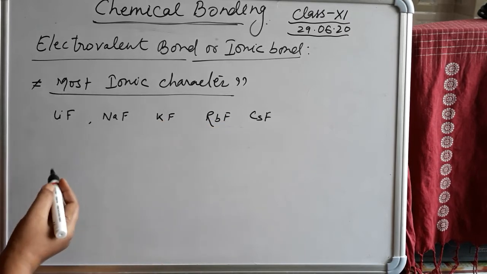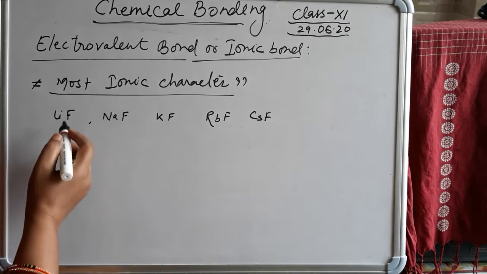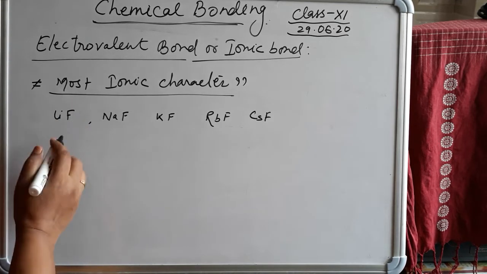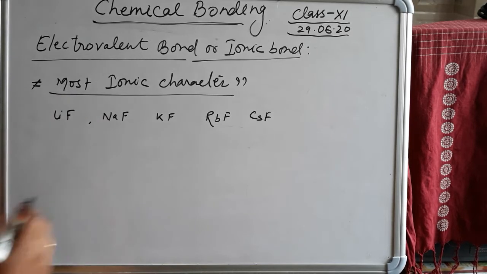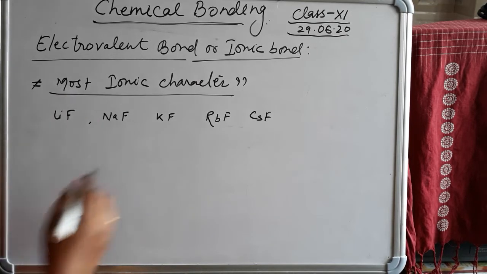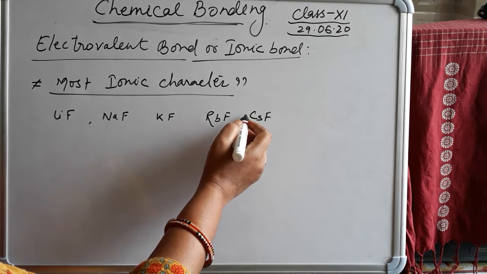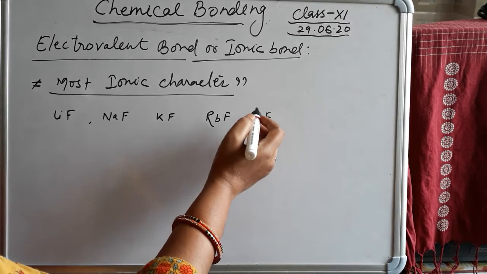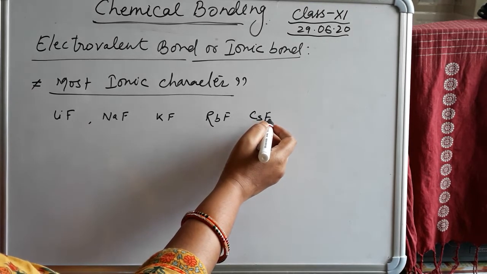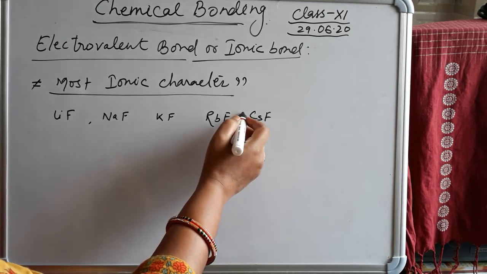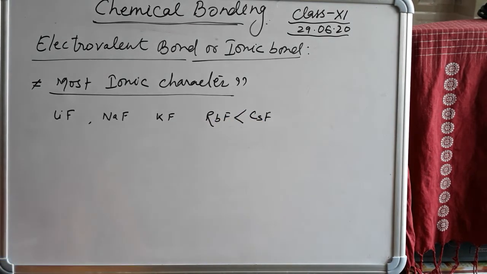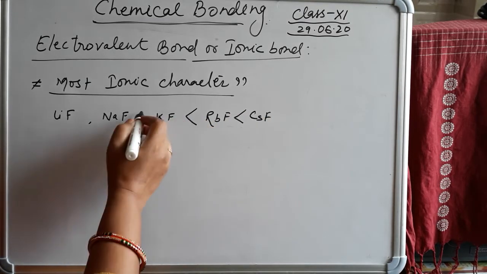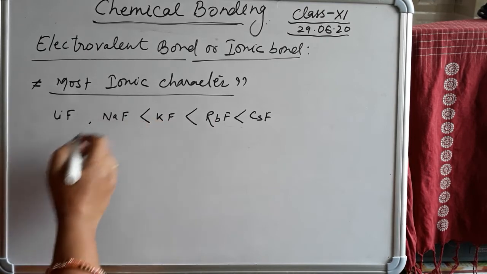The metal changes but the non-metal is the same, and we already know the property of the group. As we move top to bottom in the group, the ionization enthalpy decreases, so the size of the cation increases. So the most electropositive element is cesium and the most electronegative is fluorine. So the most ionic character occurs when cesium and fluoride form the bond, then rubidium fluoride, then potassium fluoride, then